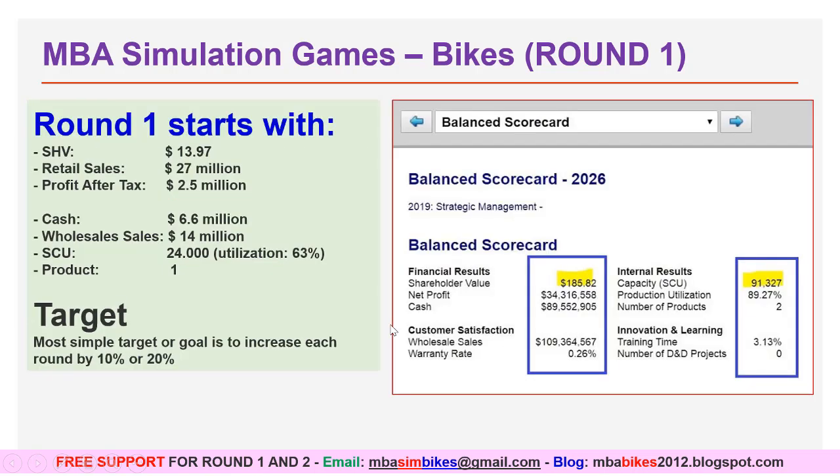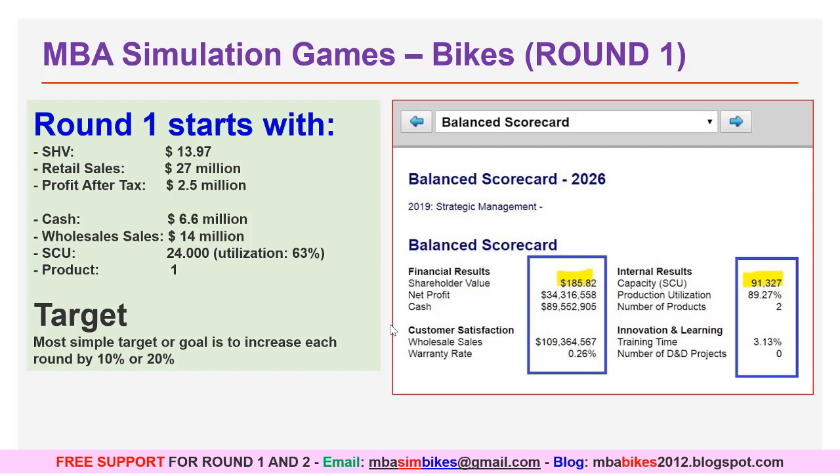So let's start with the round 1 decision. It's better to try not to make mistakes in any round, because if we make a mistake we need at least 1 or 2 rounds to fix it. So we can do round 1, round 2, and round 3 with strong investment, and it is very easy to compete in later rounds. For round 1 we start with stockholder value, or SHV, of